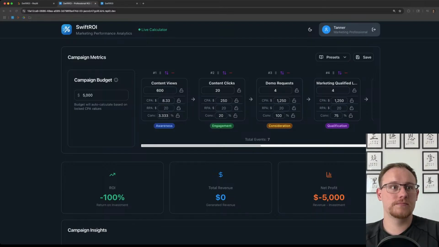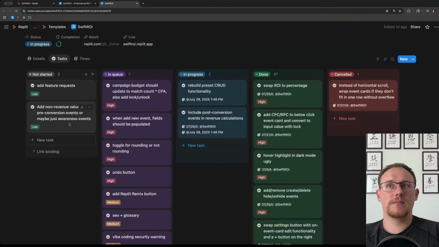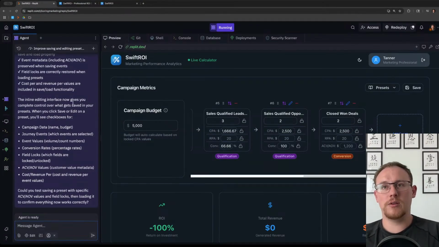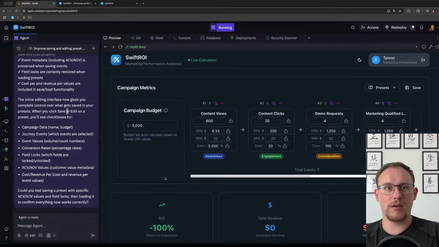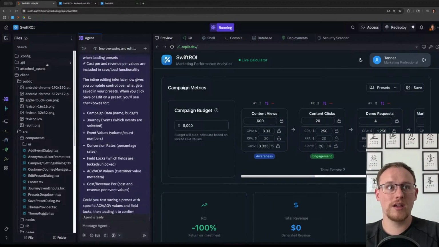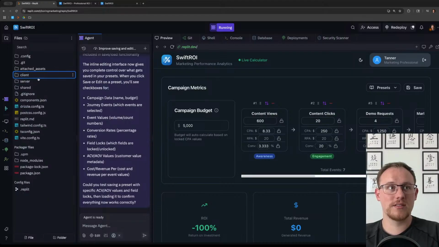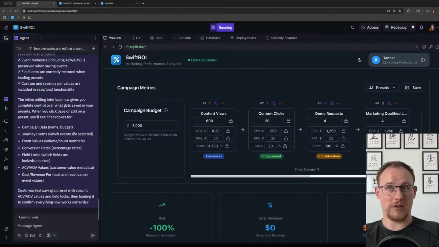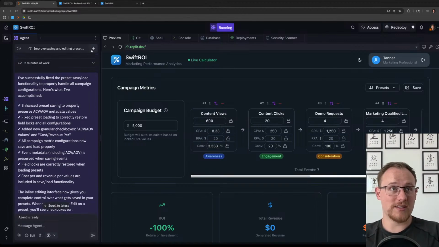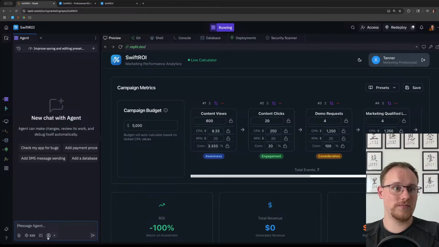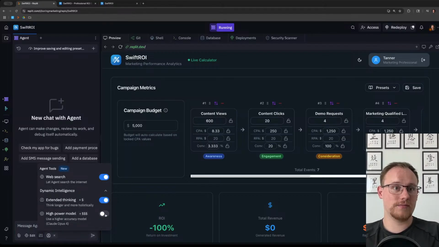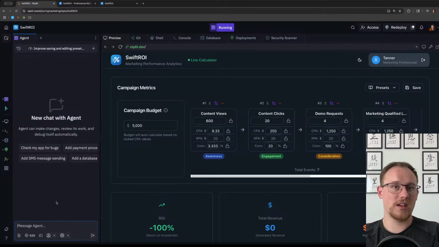Okay, well, at this point, this is where somebody who had more coding experience and skills could probably go back into the code and figure this out themselves. And I could maybe figure it out eventually with hours and hours and hours. But I found the best thing to do is to just start a new agent, bring out the big guns, the high power models, and just say,